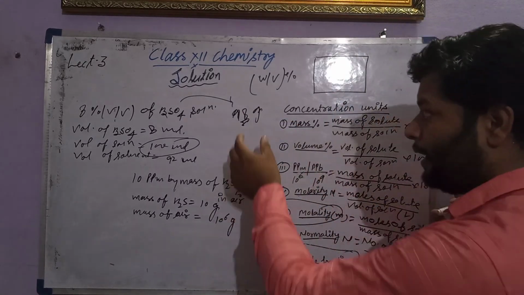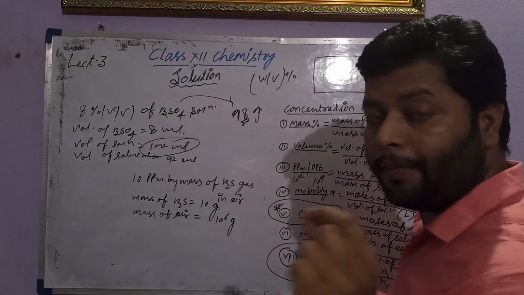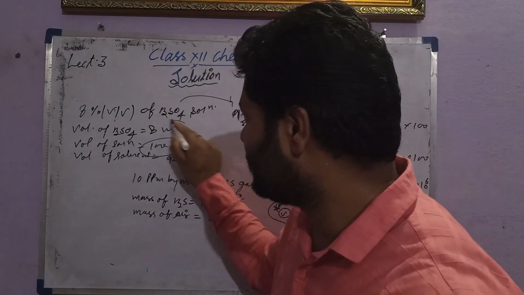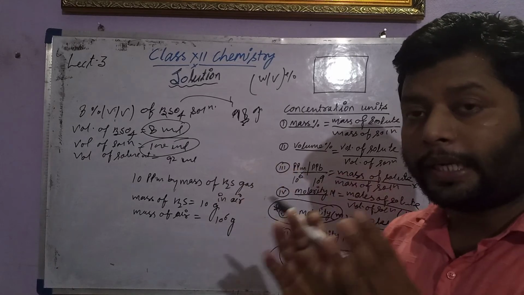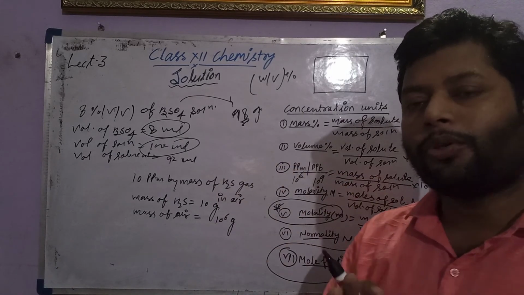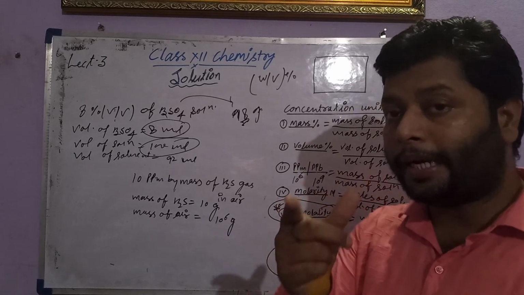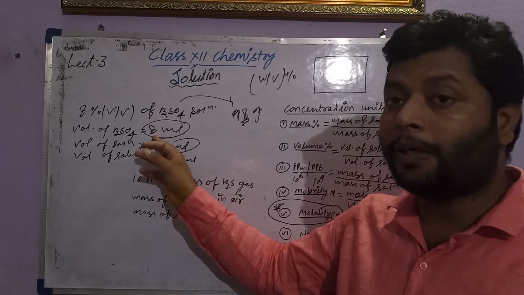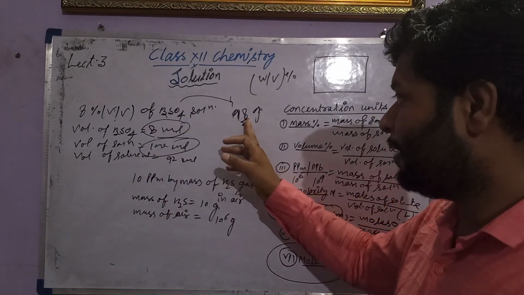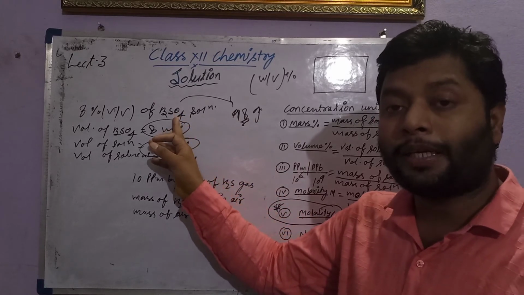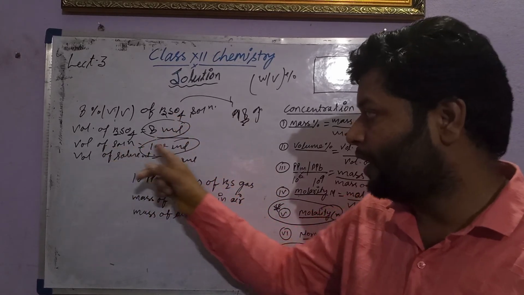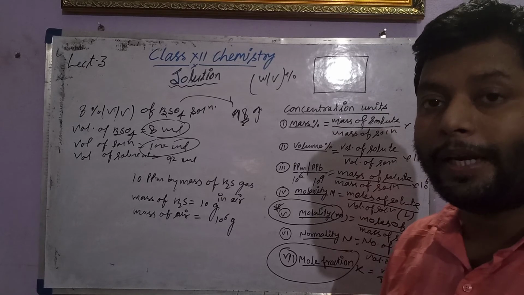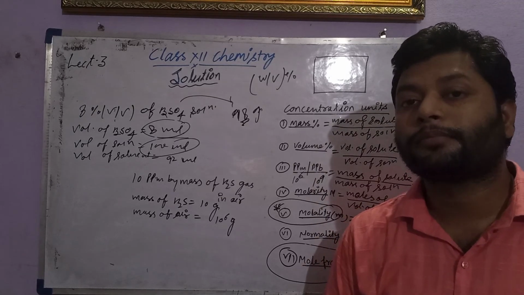So for the moles of sulfuric acid, which is the solute, we need the mass of solute, but we are given the volume of sulfuric acid. So if the question contains the density, we can get the mass, because the volume is given and the density will be given. With the help of the mass of solute and the molar mass of solute, we will be able to calculate the moles of sulfuric acid, and with the help of the volume of solution, we can easily calculate the molarity of the sulfuric acid.